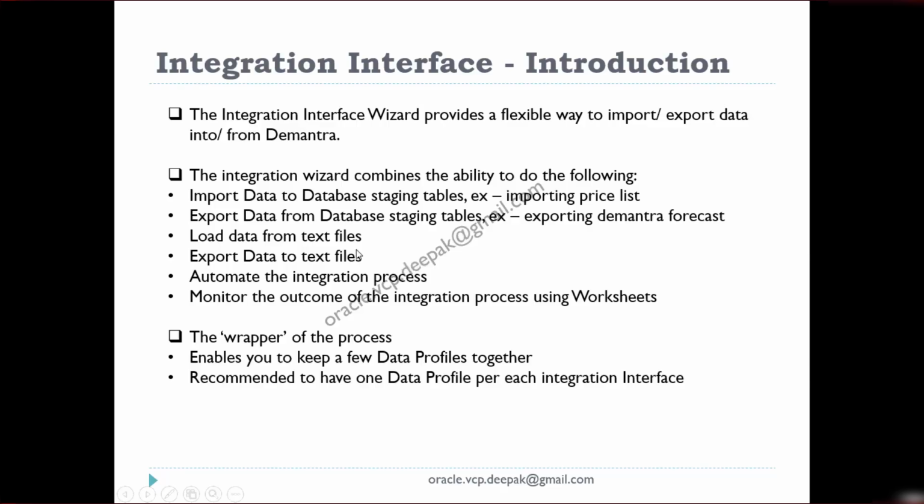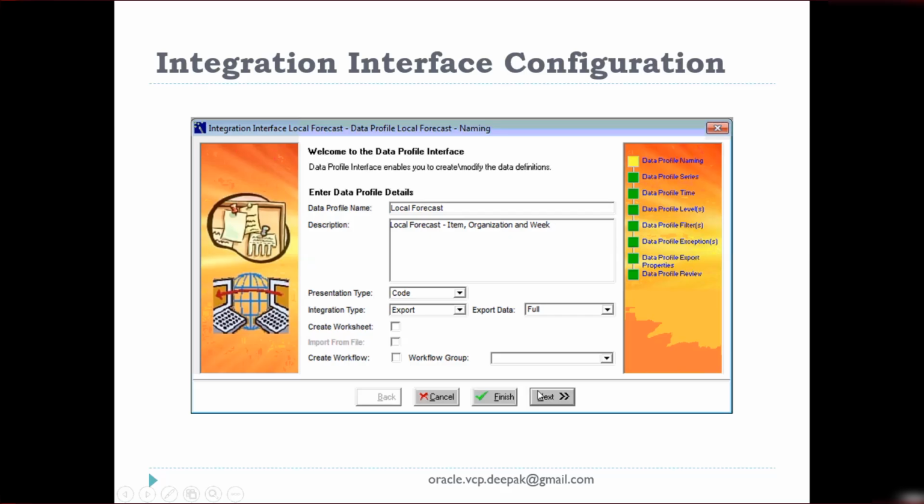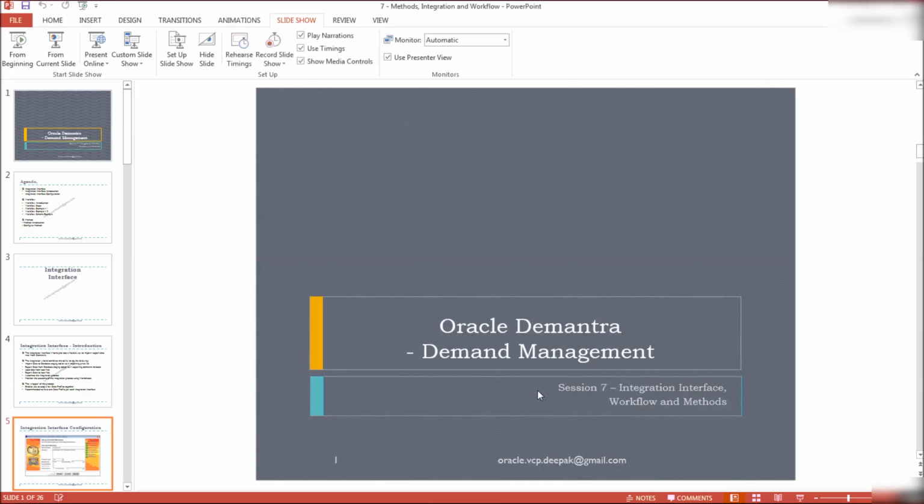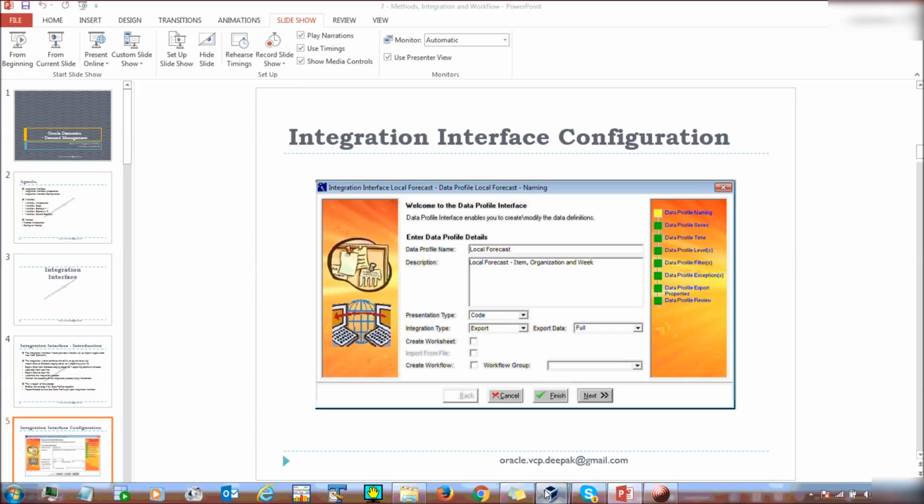Then load the data from a text file, export to a data text file, do some automation around integration, then monitor the outcome. We can monitor how the integration is doing by using the workflow. So these are the things that we can do. Let's see that directly in the integration interface screen. So this is our integration interface. Let's go to